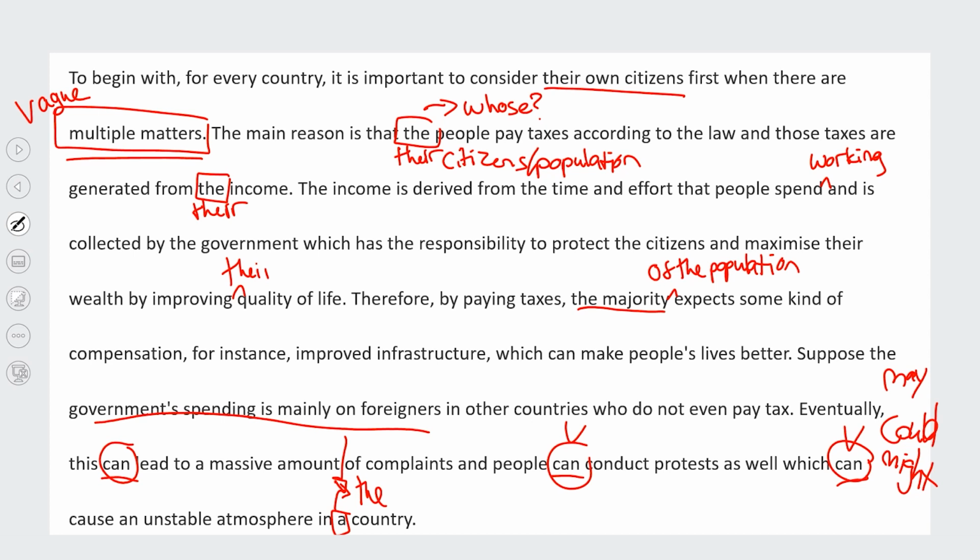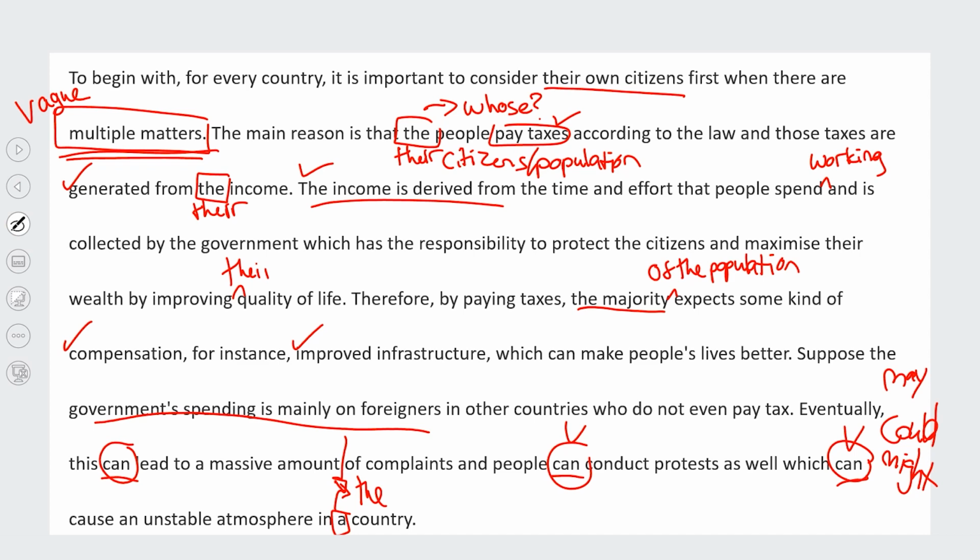So there's some positive stuff in this paragraph. I like the use of the word compensation. I like improved infrastructure. I thought that was quite good vocabulary, quite specific to the issue. He's talking about paying taxes. So I thought that was quite specific vocabulary. He knows you should pay taxes. And the use of the word generated and derived. Income is derived from the time and effort. So there were some positive points to this, but overall I thought he needed to work on paraphrasing more. There's a couple of points where he's vague with the meaning. However, overall the meaning is clear and there weren't any areas where I didn't understand the point that they were